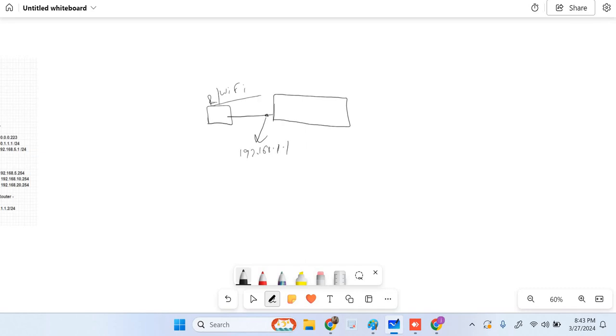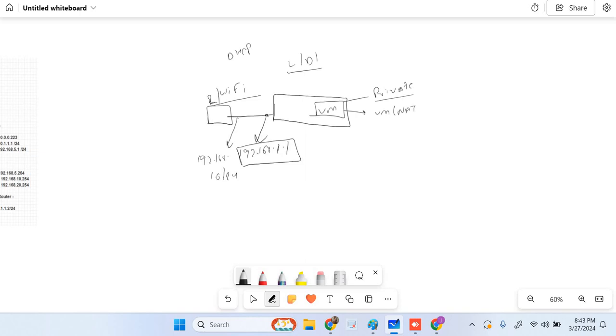So your home router is configured to give 192.168.1.0/24 series IP to its clients. It is acting as a DHCP, and whatever laptops or desktops are connecting to this home router, they will get a 192.168 series IP. And in this laptop, we have configured VMware now. In VMware, we have multiple settings. Either we can use our own private network, which we can configure with any series, or we have a VMnet